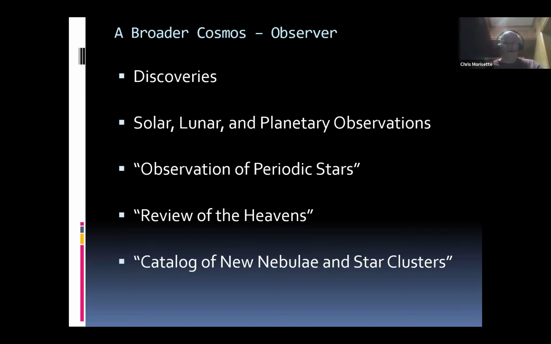He records the minimum and maximum brightening that he sees on these stars, and he's beginning to put together a theory about what that's all about. He stated here in one of his documents that maybe there is a small sun rotating around a rather large opaque object. He also theorized that perhaps sunspots were the cause of the dimming. So he had these two in mind, but as you can tell, when he gets into the review of the heavens, he really focuses in on binary stars.